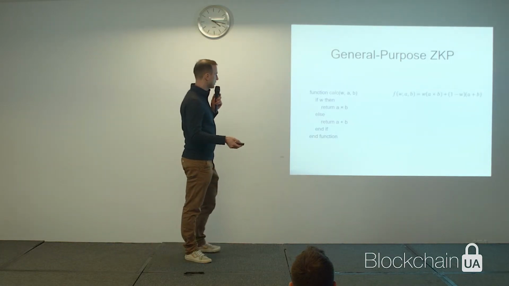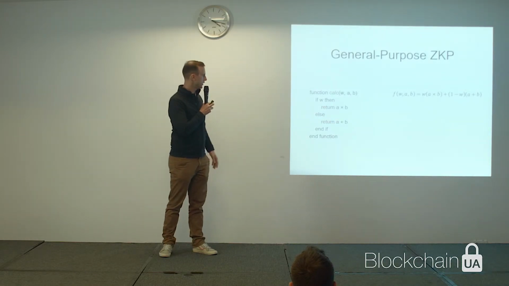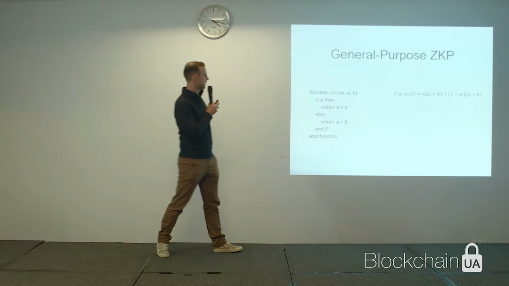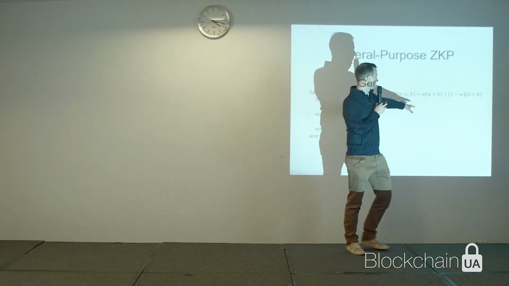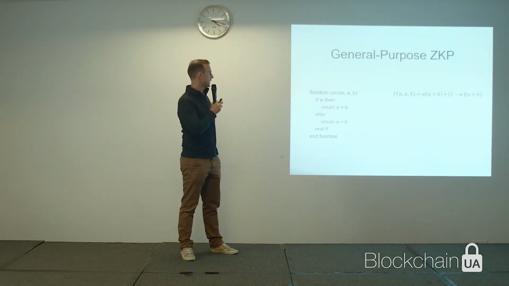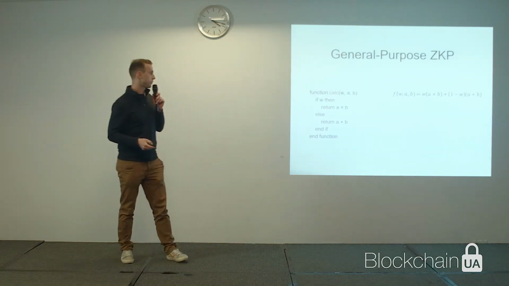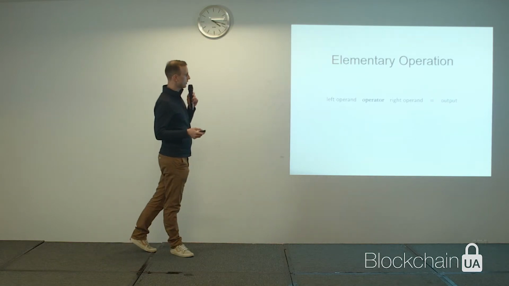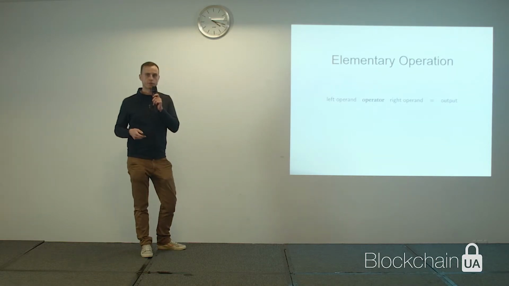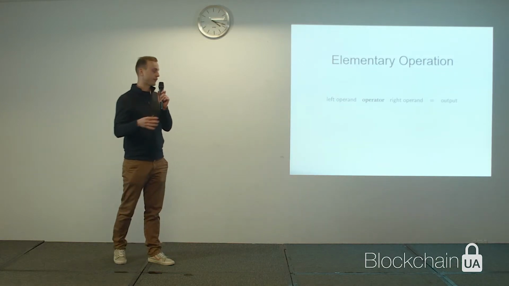This can be easily translated using satisfiability. Basically, this function represents the same calculation, and if you evaluate it with the same values, you will get the same results. If it's 0, it cancels out the first parenthesis and just gets a plus b, and in the other case, it cancels the second portion and evaluates a multiplied by b. But how do we represent this as a polynomial? We need to take a closer look at what an operation is, because any computation, any program, is just a series of operations.